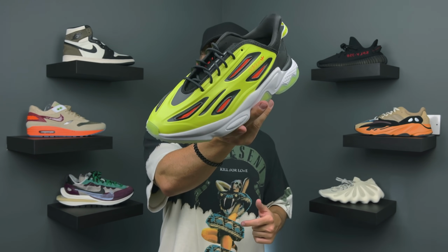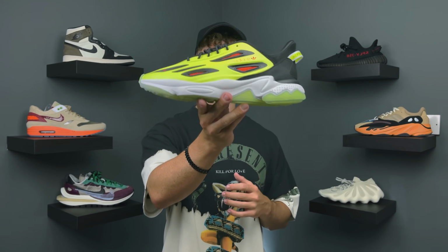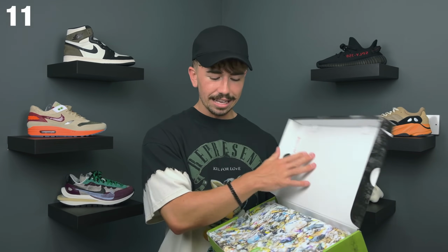So for affordability, comfort and just staying fresh in the summertime, this has to be number 12 on my list, and I think a great option. Number 11 on the list is the Nike Blazer, and I'm going with my personal pick, which